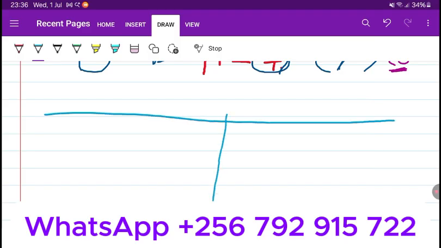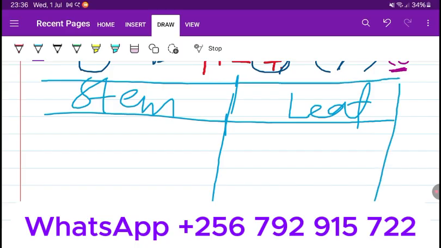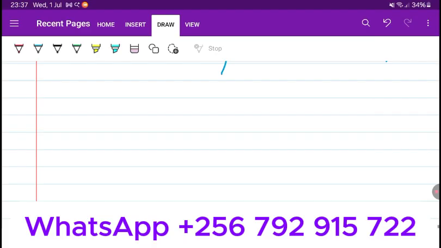But maybe we can have something small. We said here we have the stem and the leaf. We want to look at a situation where maybe we have many leading digits, because we have not seen that. We've just looked at when they are only one. Maybe you can have like 5 or 6 digits here, and we know how we can present this. If we have been given information that is in hundreds,